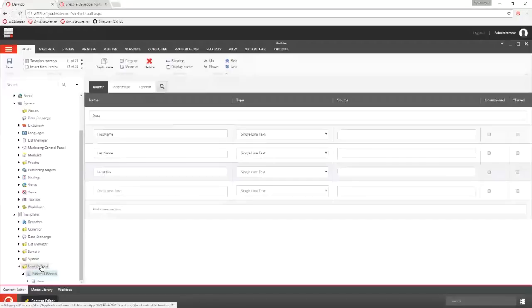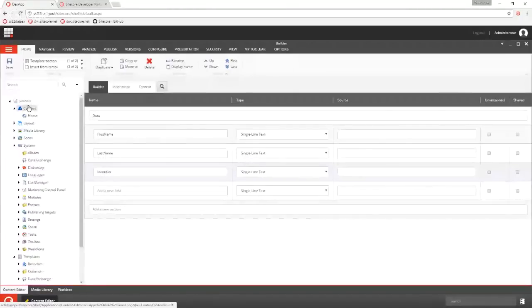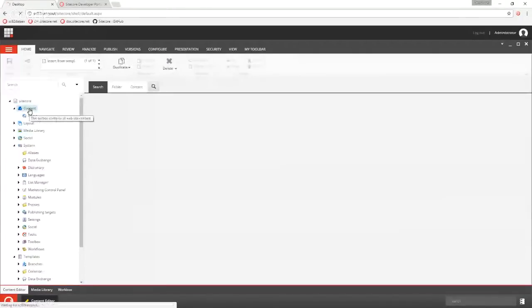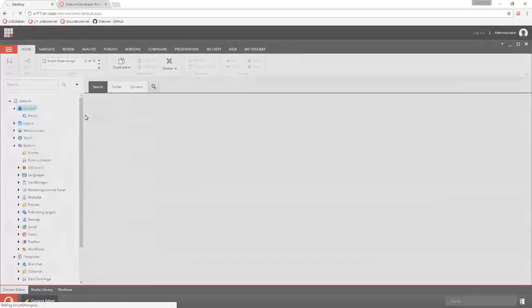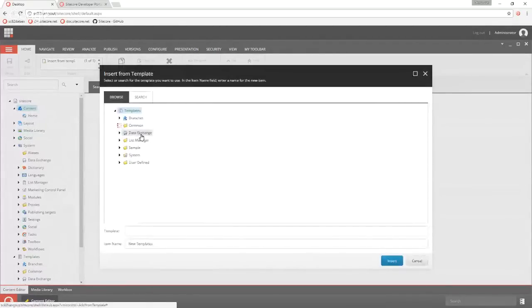Okay, so now I have this template. I'm going to create a folder where I can put these items. Nothing special here. I'm just going to pick a folder and call this Internal People.